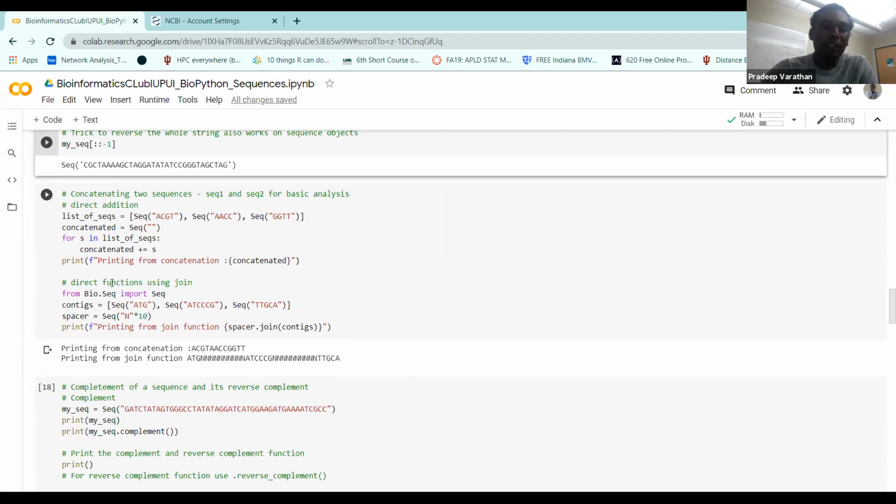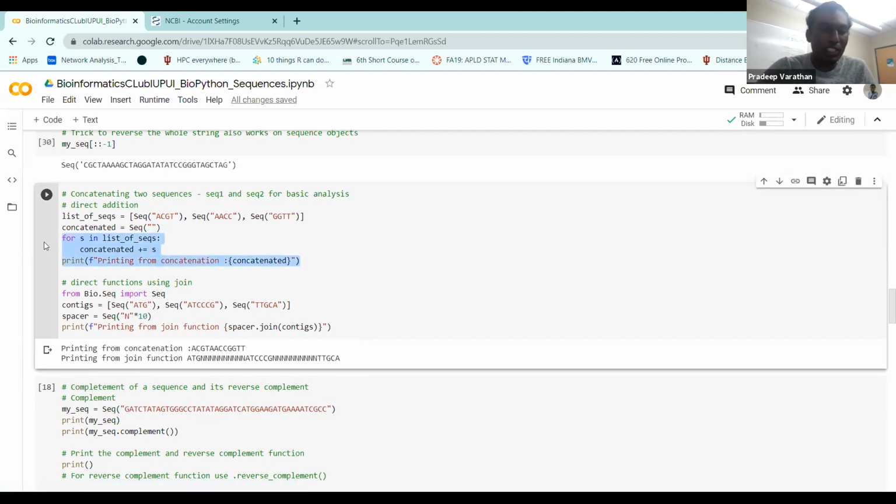So right now we'll not worry about this because I haven't told you guys about for loops yet. Let's say you have sequence A and sequence B and sequence C in a list over here, and you want to connect them with 4 A's between them. So you want ATG and AAAA, and then ATG, ATCCCG, and then again 4 A's, and then TTGCA. If you want it that way, you could say a spacer or some other variable that's called this sequence, and then you could say